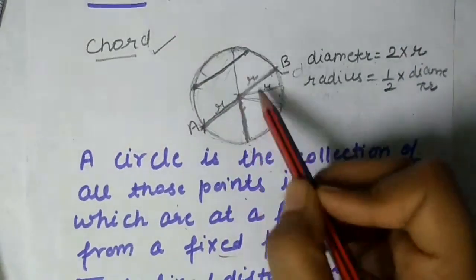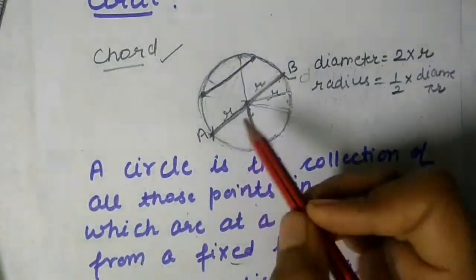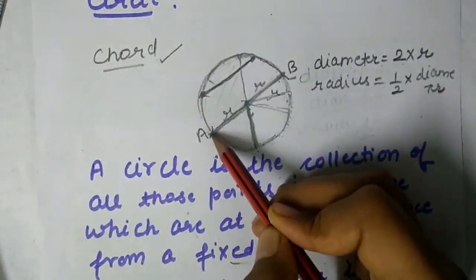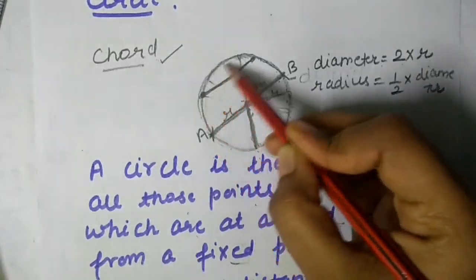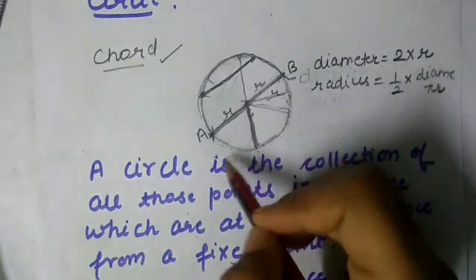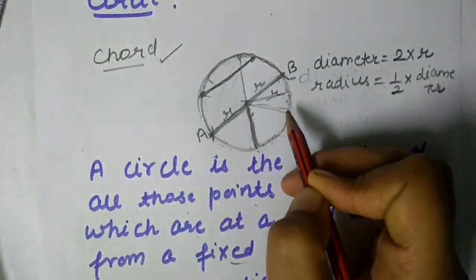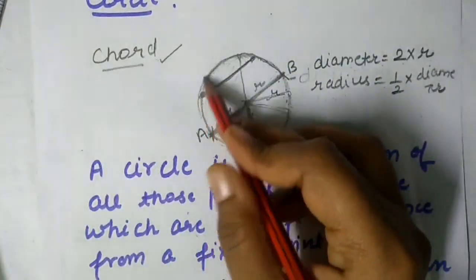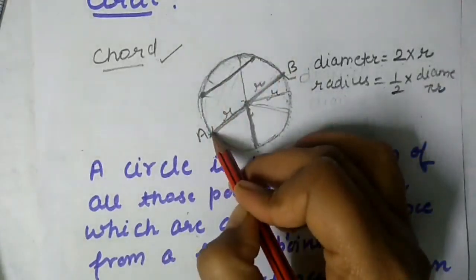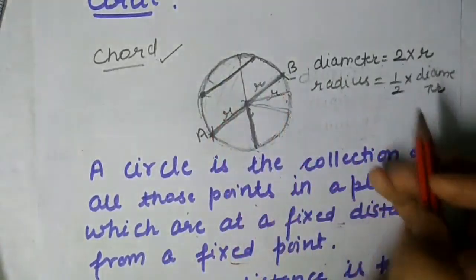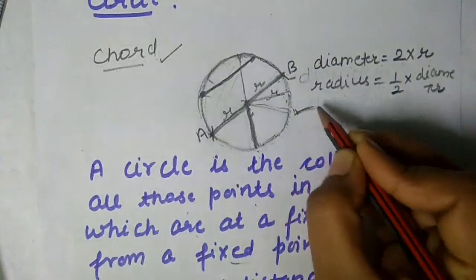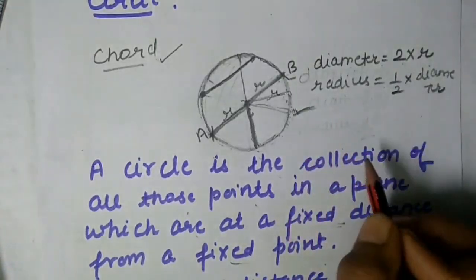So let us learn this. Students, for finding the length of the boundary, first I will take a wire and wrap it along its boundary. Then I will measure the length of that wire. Then it will give you the length of this circular boundary. If I take a wire and wrap it along the boundary, and on measuring the length of the wire, I will get the length of the boundary, that is the circumference of the circle. Now I will use this for the derivation of the circumference of a circle.